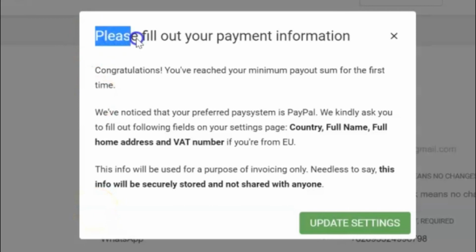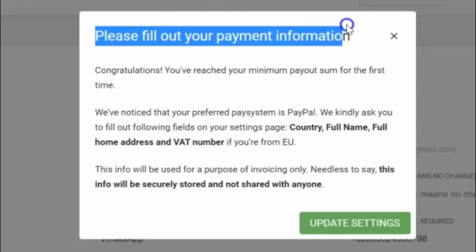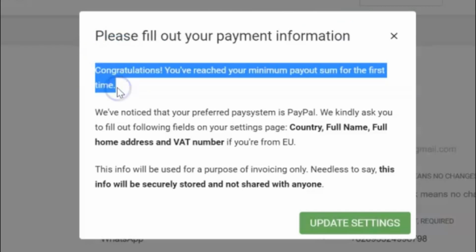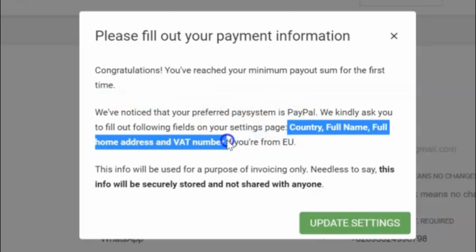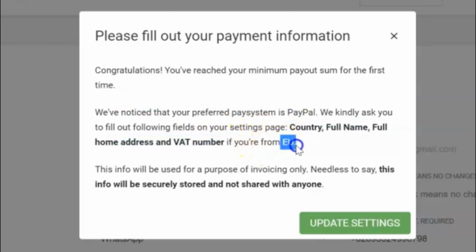I just got this pop-up notification in my Adsterra dashboard. It shows that I can withdraw my balance from Adsterra. It asked me to fill in the payment information. For that we need to add our information like country name, our full name, and home address and select the